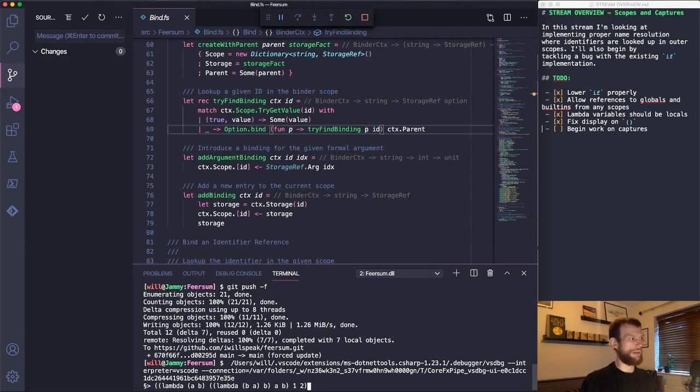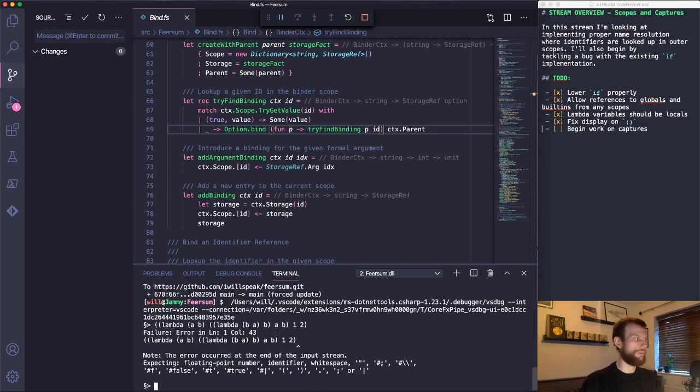You'd expect that 1 would be A, and then A would be passed in as the first parameter, so A would be B, and so this would return 1, which means this expression would return 1, which means that the whole expression should return 1, but I think what's going to happen is it will return 2. Nope, it's going to